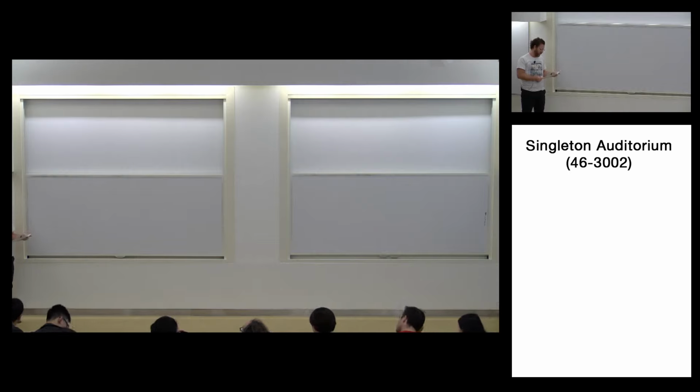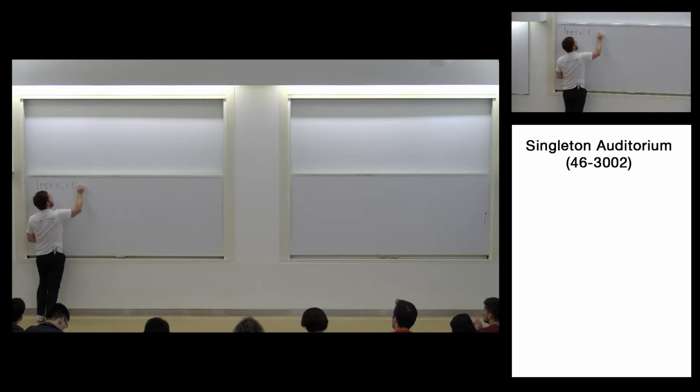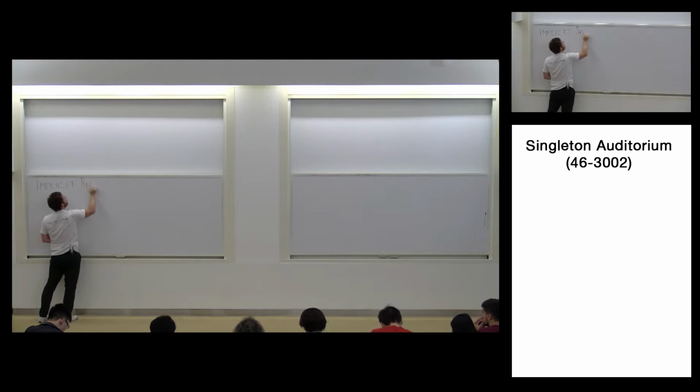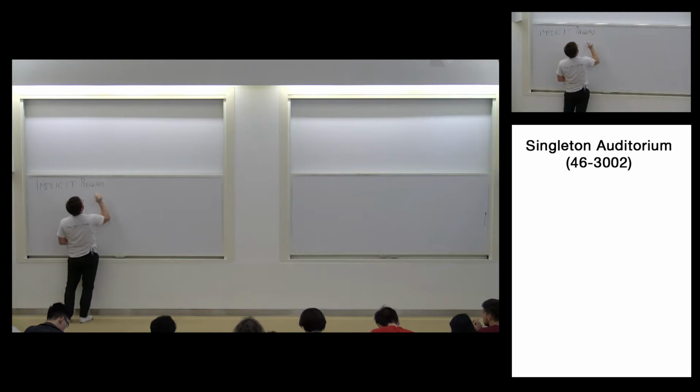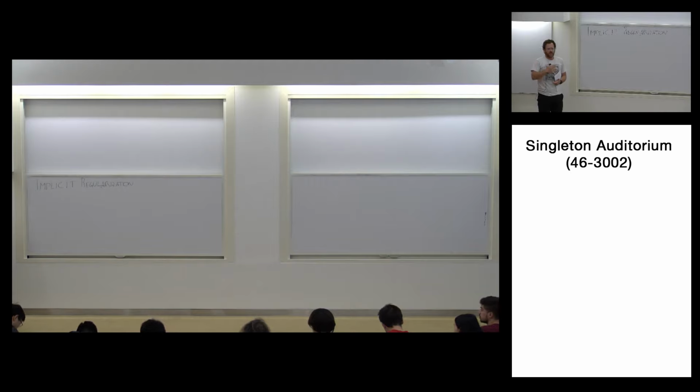Today we move on to a somewhat different topic and a different algorithm design principle, which is what we call implicit regularization, because it's trendy, but we'll find out that in fact there is a much older name, and the idea is somewhat classical. Regularization. Okay, so let's see. So far, we essentially built algorithms following one recipe, which was ERM,